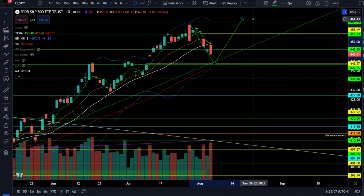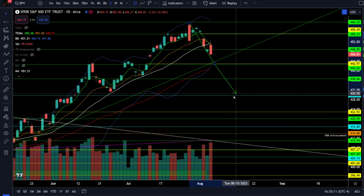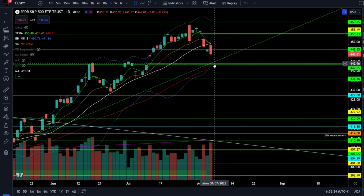Now, there is always going to be the possibility we don't hold that support, and in a bearish scenario, we slice through it, and then we'll likely start heading down towards 430, and that means we're likely going to see a full-blown correction in the month of August. Now, there is no reason to believe that's going to happen, so objectively, we are going to need to see this support fail right around 442 to 443,